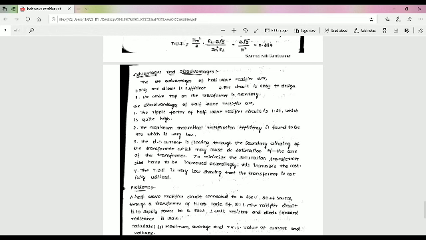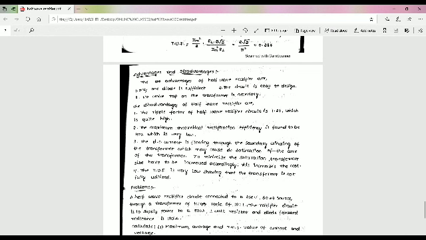The ripple factor is 1.21. The ripple factor of the half-wave rectifier circuit is 1.21, which is quite high. The output contains a lot of varying components. Ripple factor is the main disadvantage. And second one, maximum theoretical rectification efficiency is only 40%. The practical value will be less than this. So this indicates that the half-wave rectifier circuit is quite inefficient.